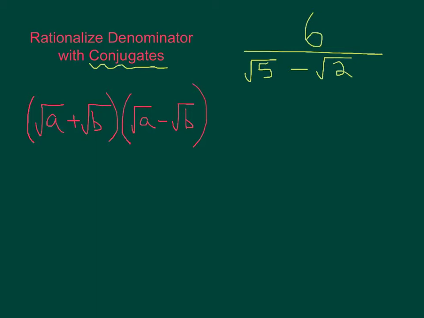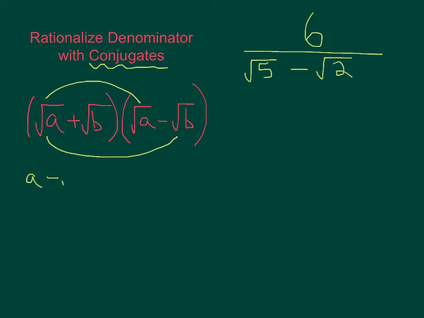Conjugate means, basically, you take the binomial and then you multiply by its opposite. So let's say this is in the denominator, its conjugate, instead of addition, would be subtraction, and vice versa. So let's, real quick, multiply these two binomials together and see what happens. We've got square root of a times the square root of a is just a. And then outside,